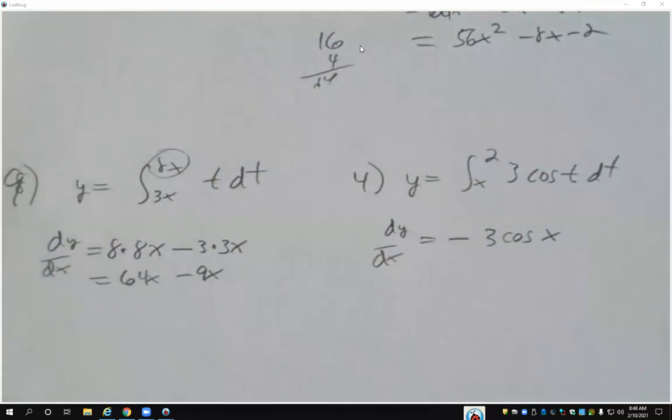Mr. Masson, on number 8, I have my sine and my cosine flipped. Is that fine? That's fine because you're multiplying them. Thank you. Yep. Can you do 11? 11